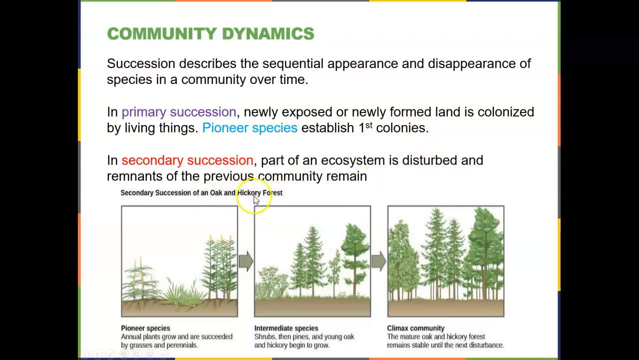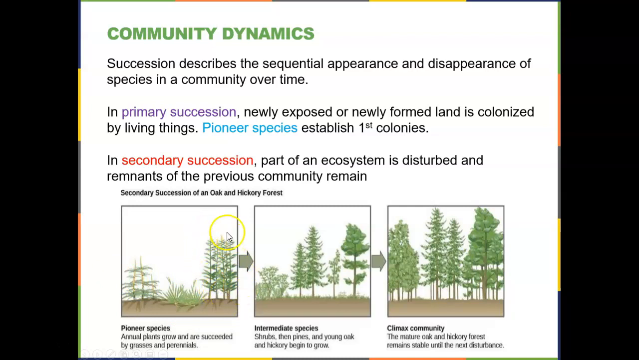Say the oak and the hickory forest completely burn down in a fire, and we need to rebuild this ecosystem. So we have to start all over again, and that's what's shown in this diagram. We're going to rebuild through secondary succession the oak and hickory forest. So first we have to bring back in the pioneer species, the very first species. Even though this isn't brand new land, it was destroyed in the fire, so we have to rebuild it, and